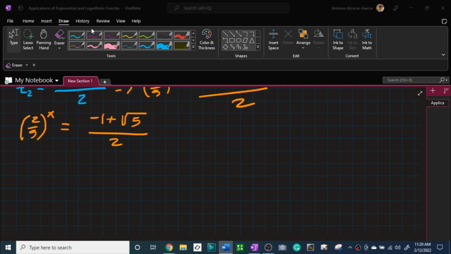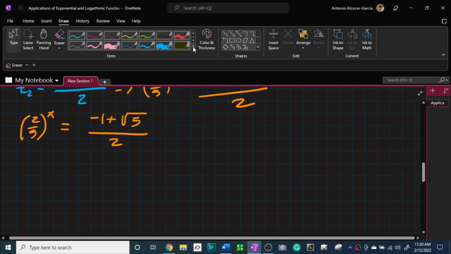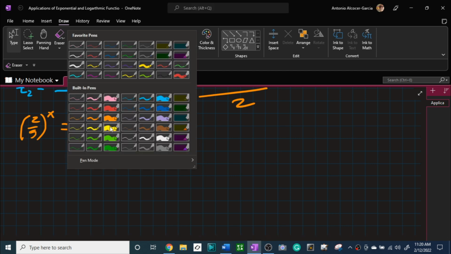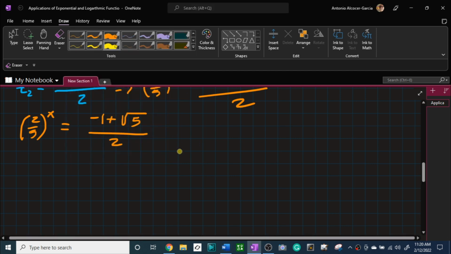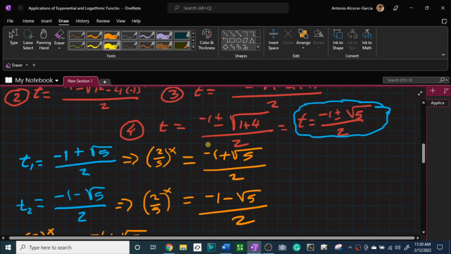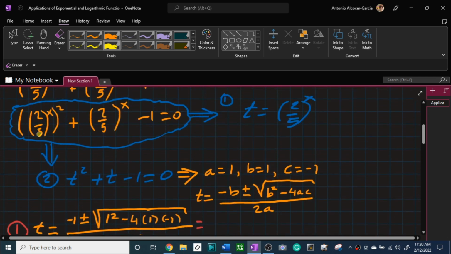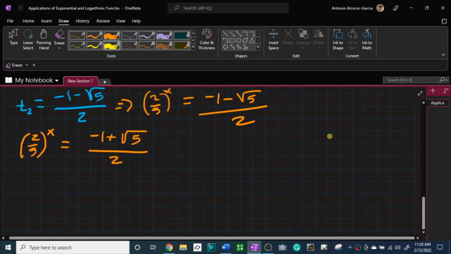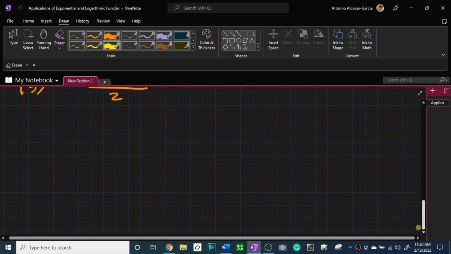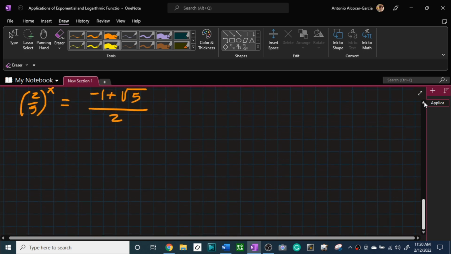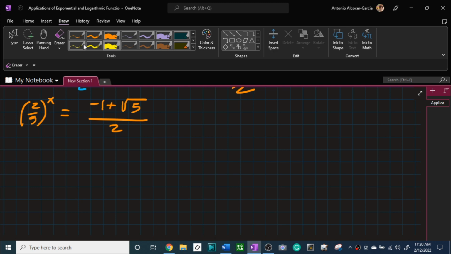Take the logarithm of both sides of the equation. The goal of taking a logarithm is to cancel the power and bring the exponent down. We need to take the logarithm of both sides because of the property of equality for logarithmic equations. Which property to use? The property of equality for logarithmic equations states, logarithm of x with base b is equal to logarithm of y with base b,